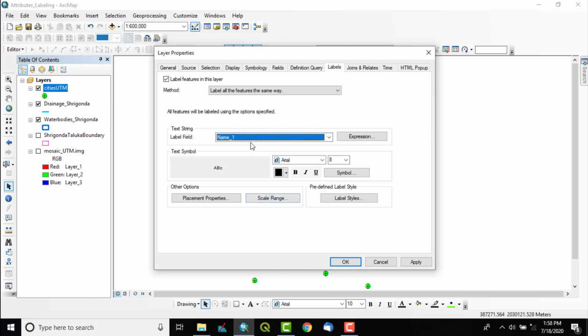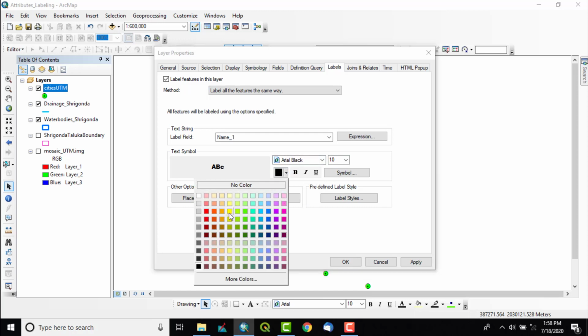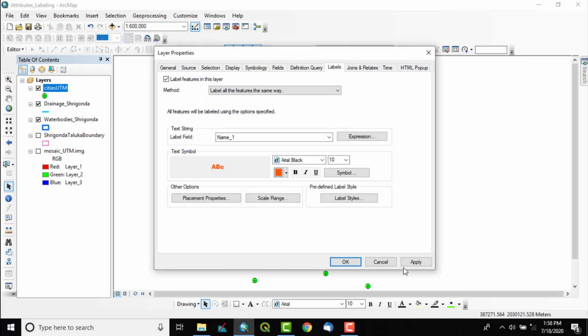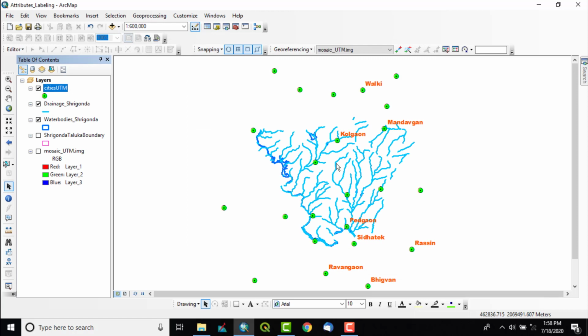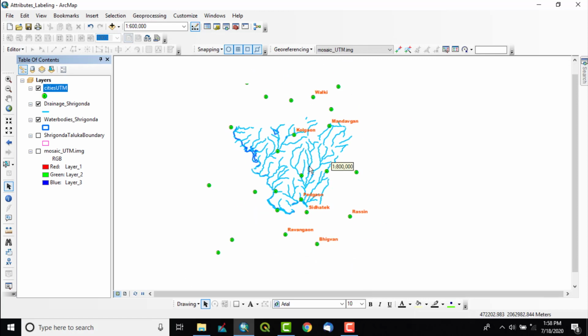So the name field, that we have given the attributes, I will take that only. We can change the label size, font size, font type, and font color also. Say apply and OK.